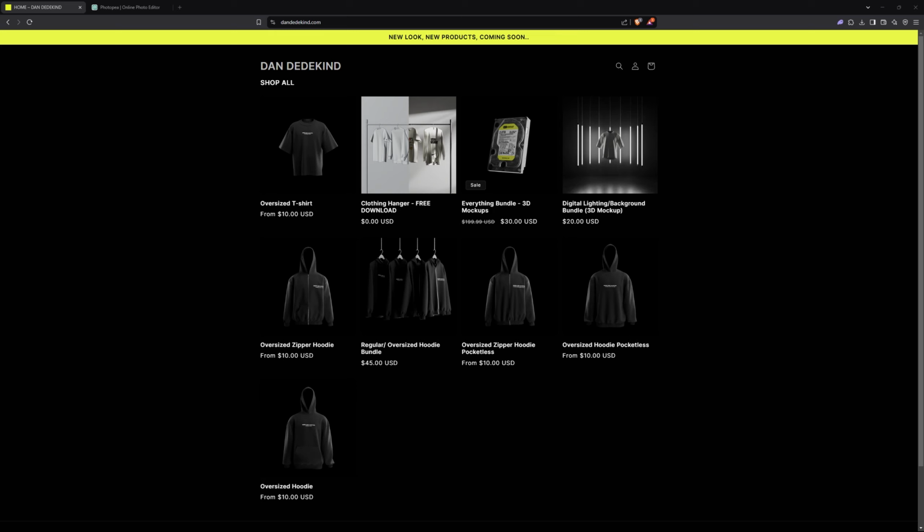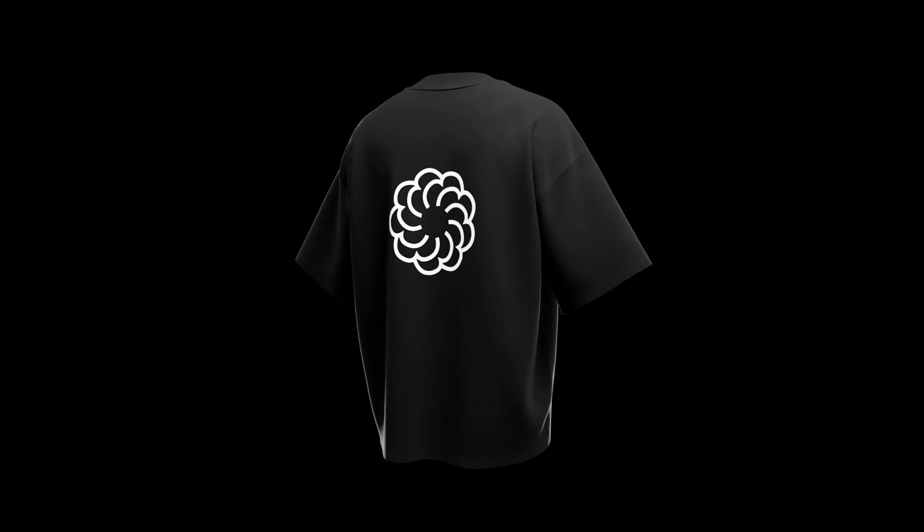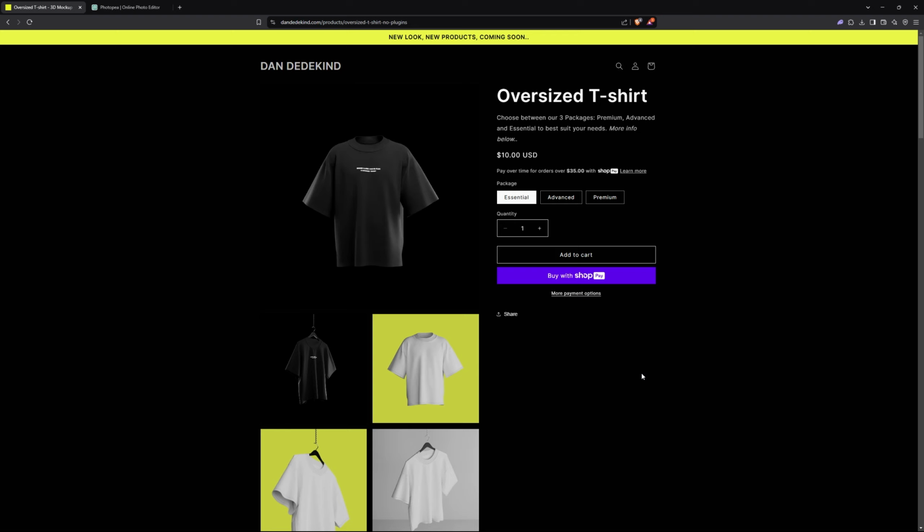But going forward, all the new products will have 3 packages. If we click on the oversized t-shirt here, you'll see we have Essential, Advanced, and Premium. Essentially, your Essential package is just your 360 rotating t-shirts. Then your Advanced includes your 360 rotation, walking animation, and then I will eventually get to it, but all of them will have a hanger. For now, just the t-shirt has it, but I will be updating products as I start re-adding back onto the